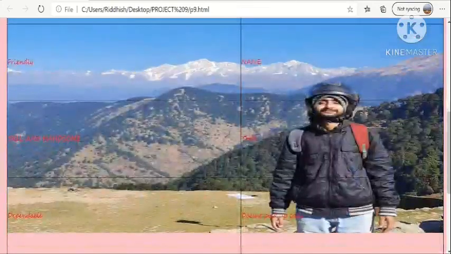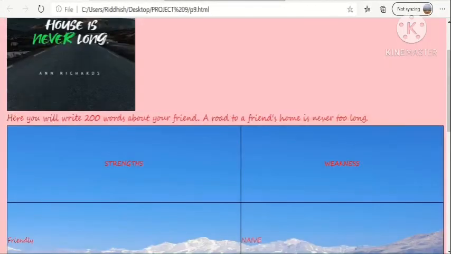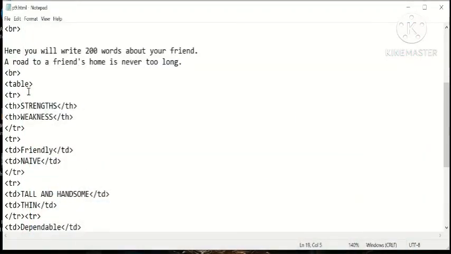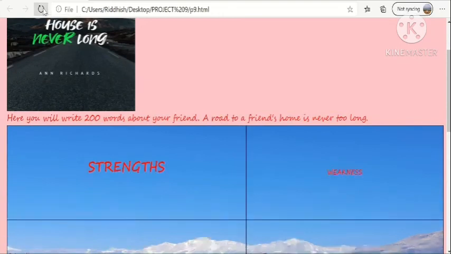Similarly, these fonts appear very small, so you can declare them as a heading H1. You can declare each and every TD element or TH element as H1 heading, and in that case your heading will increase in height and width. It will become H1.